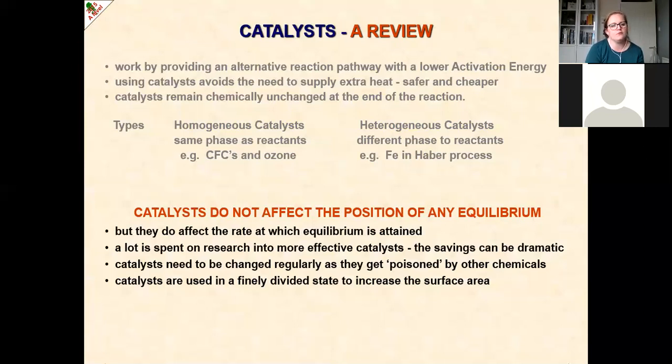So a lot of money and time is spent on research into more effective catalysts. The savings can be really, really huge and dramatic just by adding a catalyst. We can be saving thousands, millions, depending on what it is. Places that have catalysts in include things like washing powder. Biological washing powder has biological enzymes in there, and they're used to help get rid of all the dirt and muck and grime and sweat on your clothes,